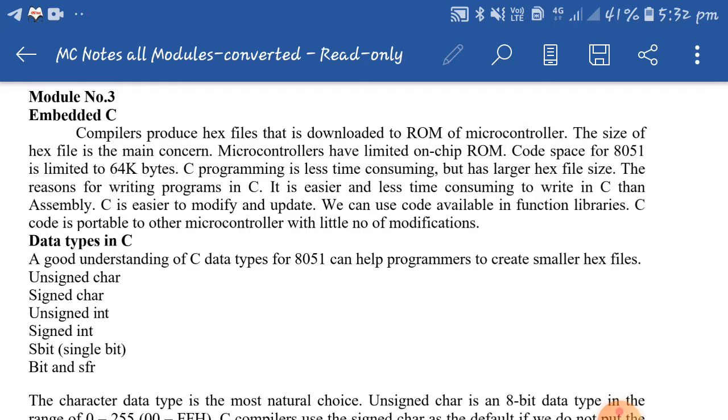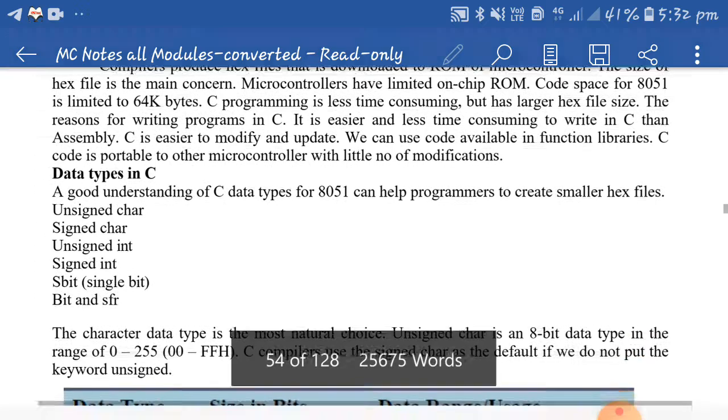So this is the main concern: the size of the hex file. Other than that, the rest are advantages. It is easier and less time consuming to write the program in C than in assembly. C is easier to modify and update. We can use code available in function libraries. These all are advantages.